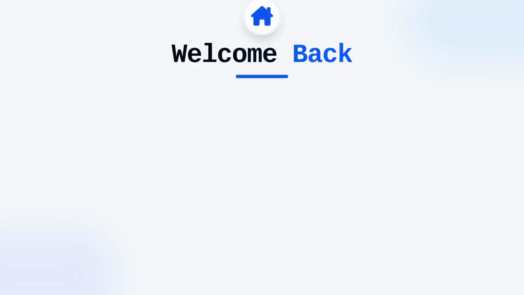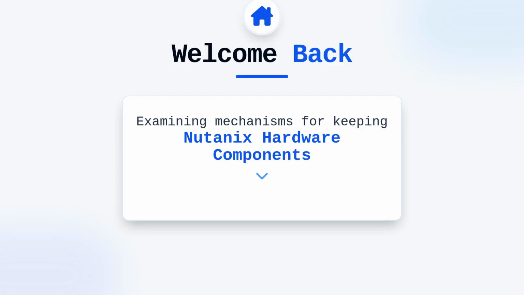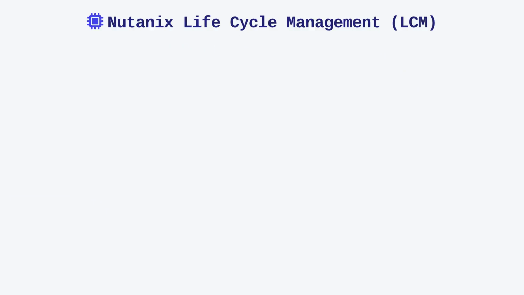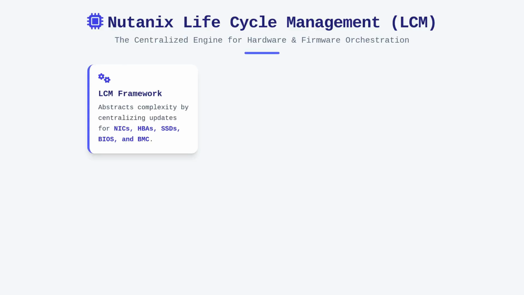Welcome back. In this session, we will examine the mechanisms for keeping your Nutanix hardware components current and fully supported. Managing hardware, firmware, and drivers within a Nutanix environment is a task that requires both precision and a deep understanding of dependency chains. The Lifecycle Management, or LCM, framework acts as the centralized engine for these operations, abstracting the complexity of updating individual components like network interface cards, host bus adapters, solid-state drives, and the underlying BIOS or baseboard management